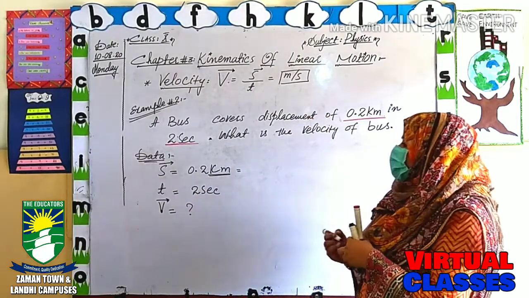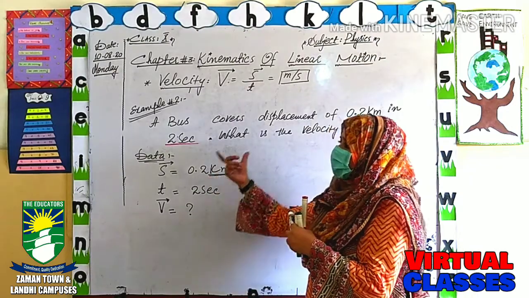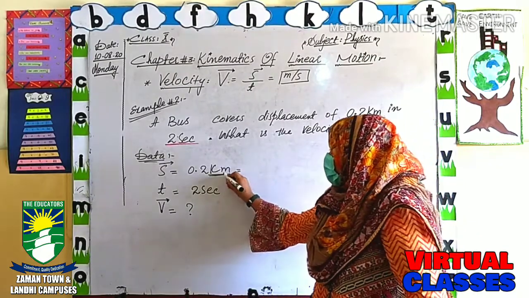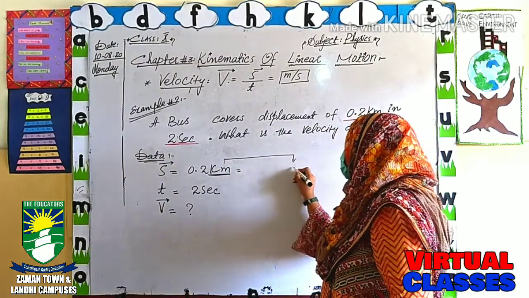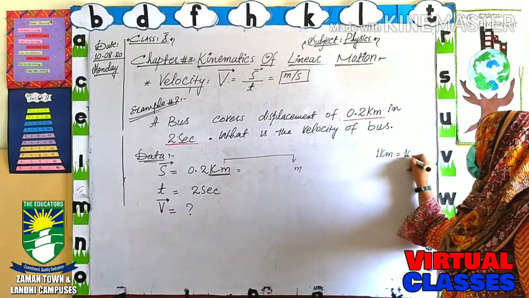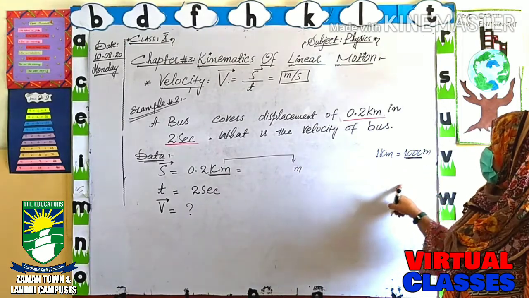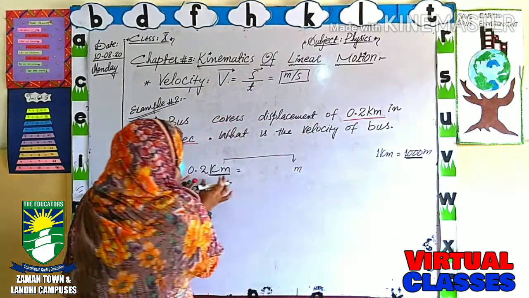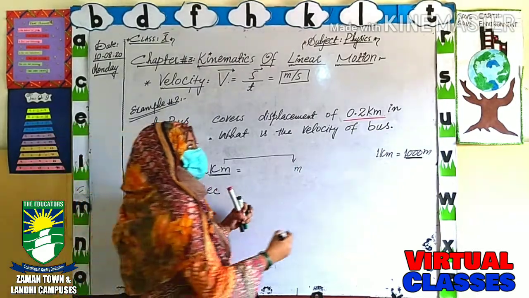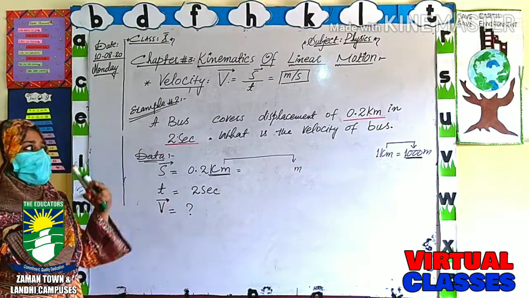If you remember the conversion of units from chapter number 2, whenever we have to move from a higher value to a lower value, we have to multiply the given value with the constant. Now kilometer has to be converted into the meter. Here is a rough one I am doing. We know that 1 kilometer is equal to 1000 meter. It means 1000 meters are in 1 kilometer. So I will multiply the given value by 1000. Why will I multiply? Because we have to convert the higher unit to the lower unit. Kilometer is the higher unit, while the meter is the lower.